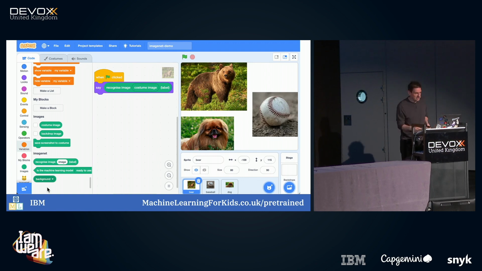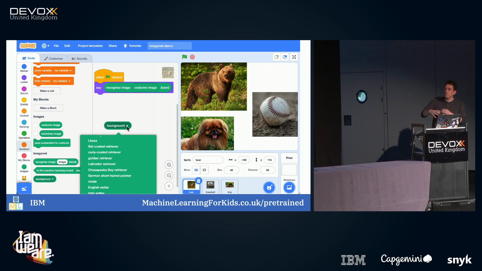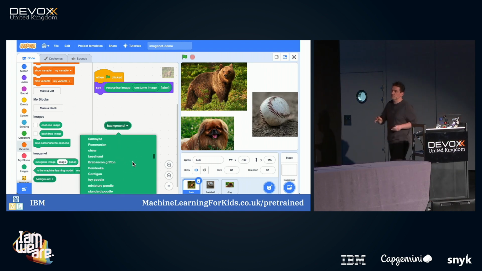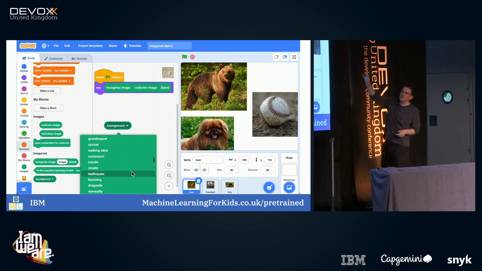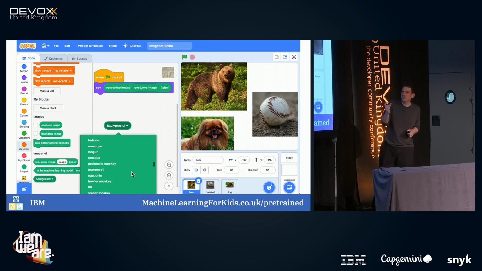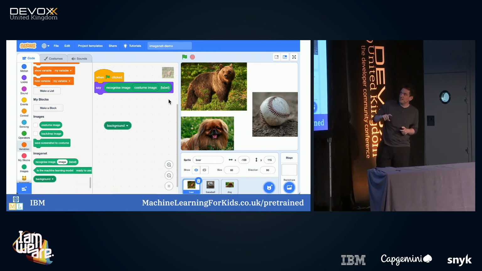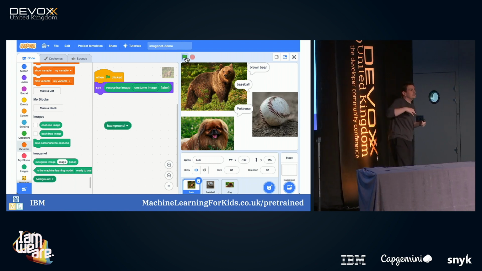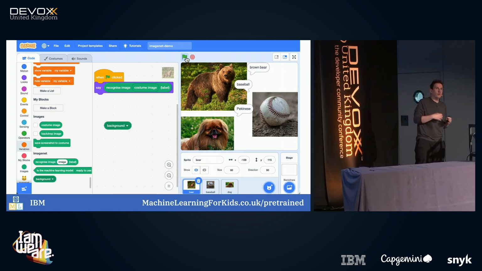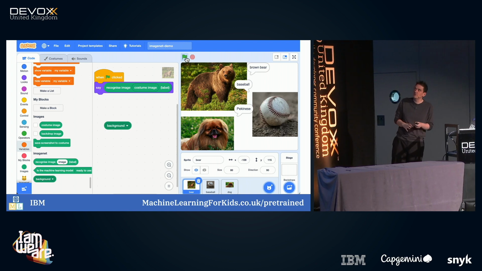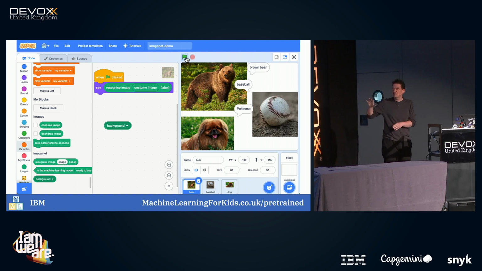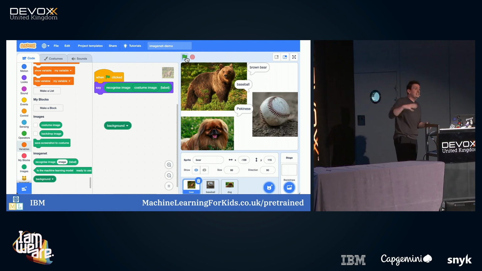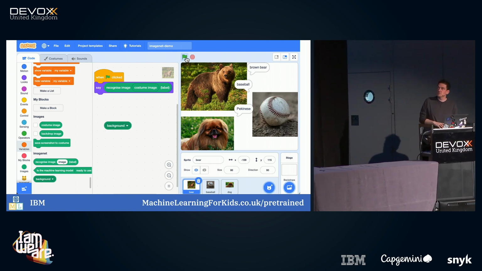So ImageNet, like I say, has been trained to recognize tons of different things. So you can load that pre-trained, ready to go into Scratch. You can see here the 1,000 and something different items that model has been trained to recognize, and it means with just a single block they can recognize different objects. So it's a nice way for them to start playing with quite sophisticated, mature machine learning models, but in a coding environment that they're already familiar with, because this is kind of standard used, at least in the UK, in primary schools.